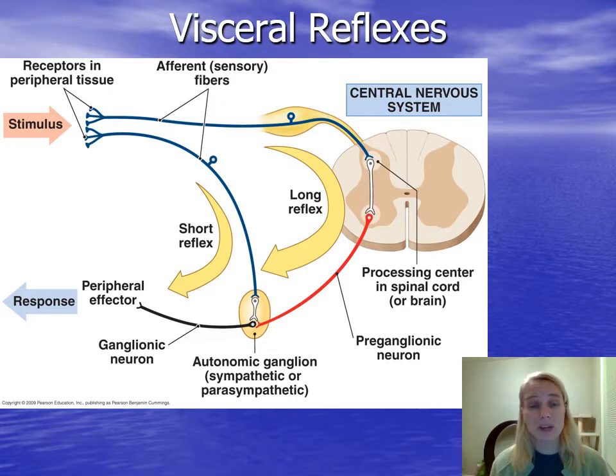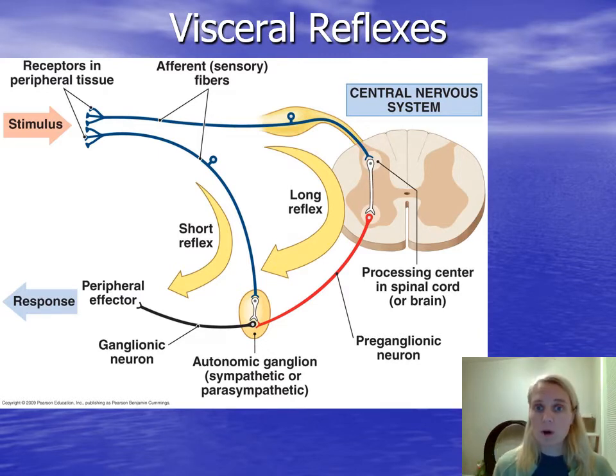And visceral reflex was one of the ways we could categorize our reflexes, right? We had monosynaptic versus polysynaptic, we had cranial versus spinal, we had learned versus innate, and we had somatic versus visceral. So visceral reflexes are just this pathway of a reflex arc, but the effectors are smooth muscle, cardiac muscle, or glands, whereas your somatic reflexes are always skeletal muscle. All right, so there's 2 types of visceral reflexes, and you can see them here in the diagram, the short and the long. I'm going to work through the long reflex first, and we'll take a look at the short,